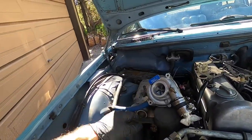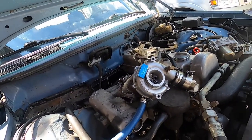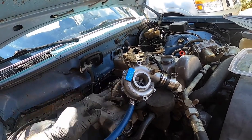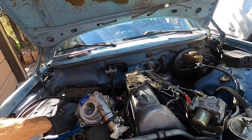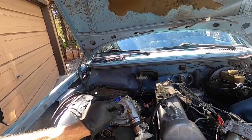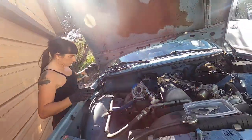This is IHI V48. I made this a long time ago for my turbo bike. This is the one that was on the SV650. I have a different one for that now, and I'm going to try this turbo first. I have a different turbo,